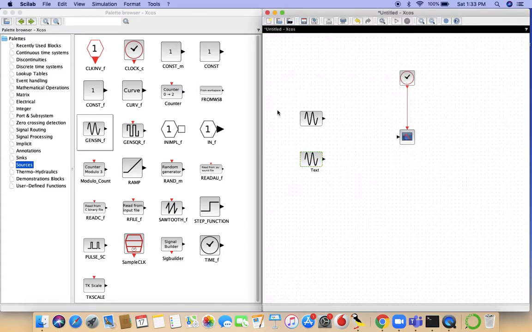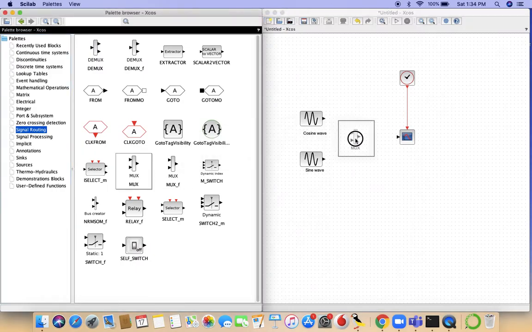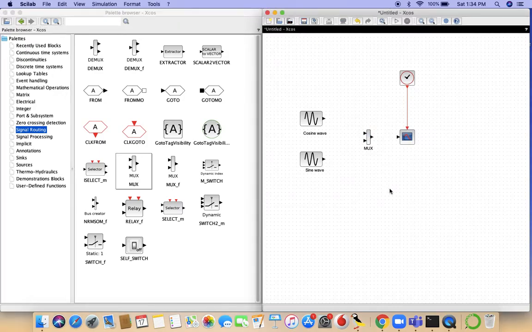So you can just double click on any space to create a text box like I've done here, sine wave, and here we have a cosine wave. Right. Now if we want to simultaneously plot both of these, then what do we do? Under Signal Routing, select MUX and bring it over here. Right, so what the MUX does is it allows us to take multiple inputs and plot them together on the CSCOPE. So we'll select the cosine wave here, the sine wave here,